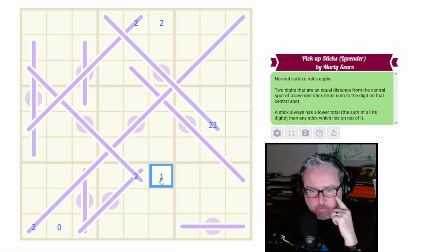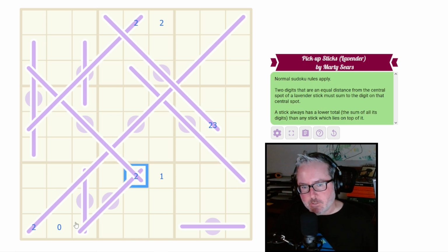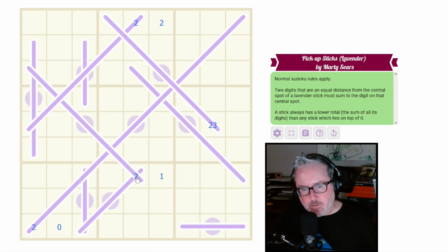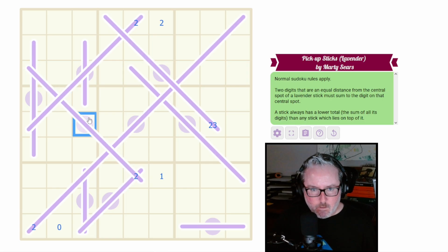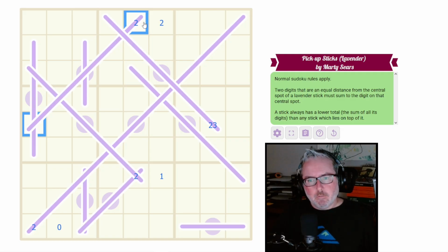Now, of course, this is just giving me the digits that are the minimums here. There's probably some reduction on these where you can't really make it equal 21. No, I guess you could, because you can make these add to 7, these add to 7, and this be a 7. But then this wouldn't be 22, would it? It'd probably be up to more like a 24, because these have to add to the same value,